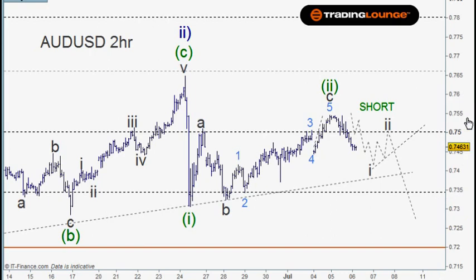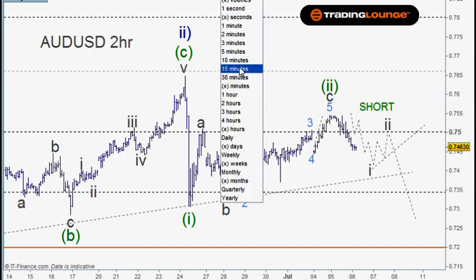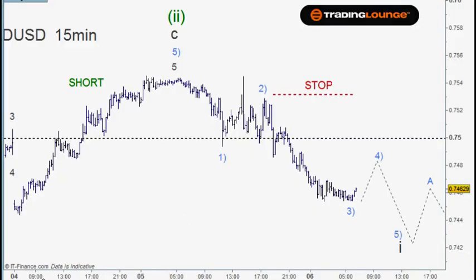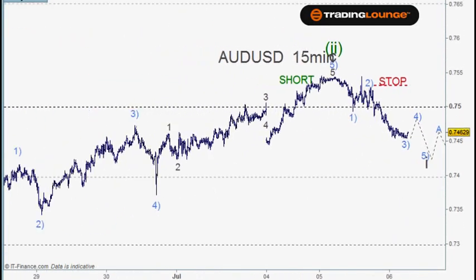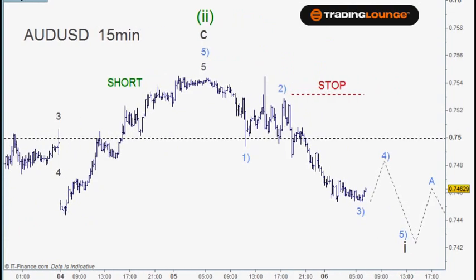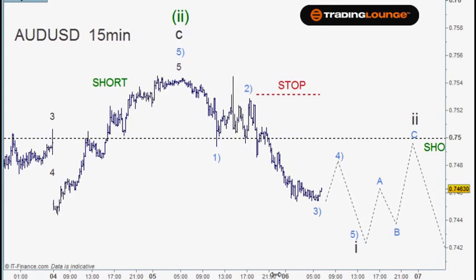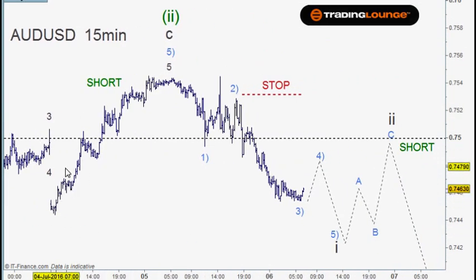Okay, so let's go into the 15-minute chart here. So there's a few things that we can discuss here. From the wave 2 high up here, last time we spoke, which is not yesterday, the day before, we had wave 3 here, and we were looking for wave 4. Obviously, drop back a bit, but that's it there. And then we've got 5 waves up here to make 5, 5, C of 2. So what I was looking for here,